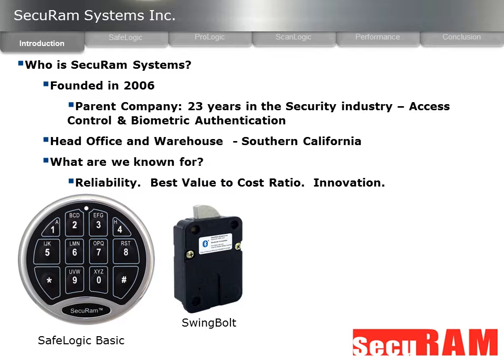Similar products are on the market that are solenoid-based. This is actually a motor-driven, and I emphasize that because solenoids are low security. They're susceptible to something called vibration attack, where you can actually bounce open the solenoid to gain access to your safe. When SecuRam introduced its motor drive locks, all of our locks are motor drive, including the swing bolt. It really is a step forward in the level of security offered by safe locks. So we introduced the swing bolt with the SafeLogic Basic, and that is what's used primarily in the North American